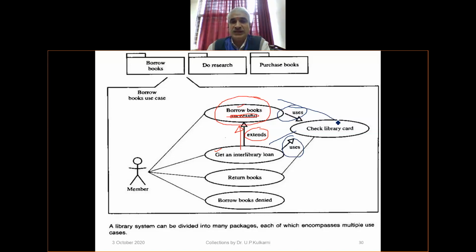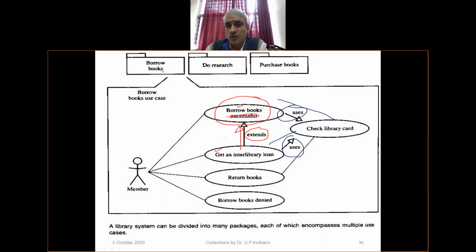So modular approaches can be used for the following things. One is extends, other one uses. Third one is packaging. These are all the facilities available in representing the use case that speak about a modular approach.